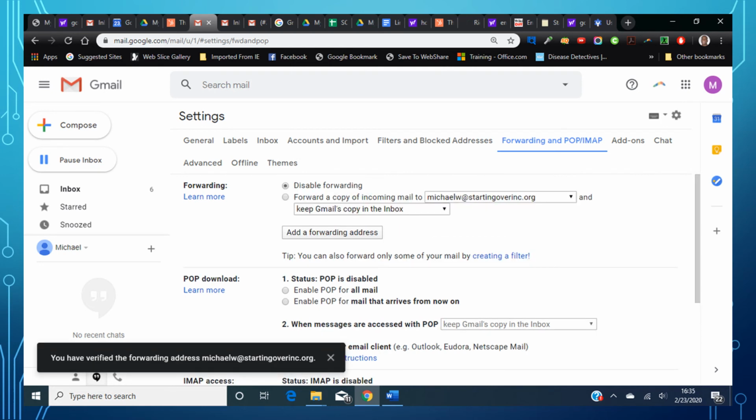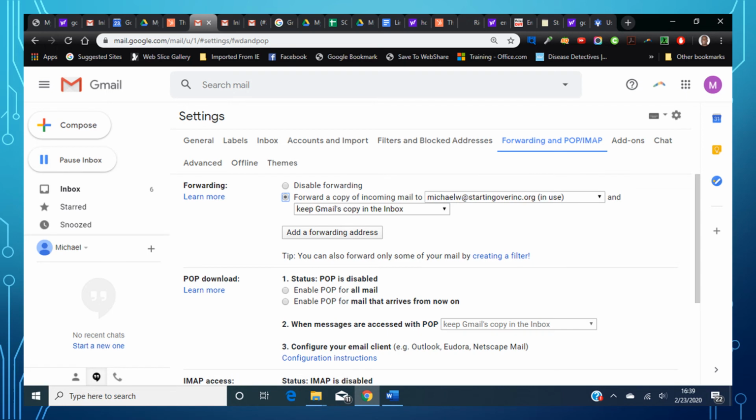And you will get this message here. You have verified the forwarding address, Michael W. at startingoverinc.org. That's a confirmation message. We're almost done. Okay. So once you see that message, scroll down to the bottom of the page. Oh, yes. Before you scroll, you want to click on this right here. Click on that bubble before you scroll down to the bottom of the page